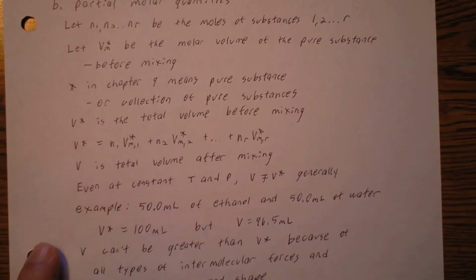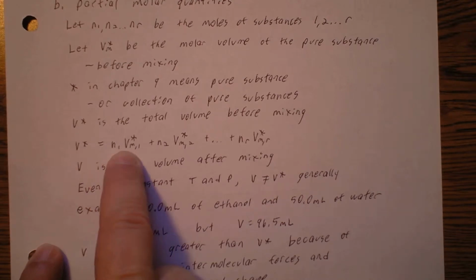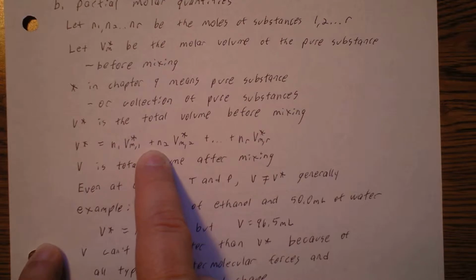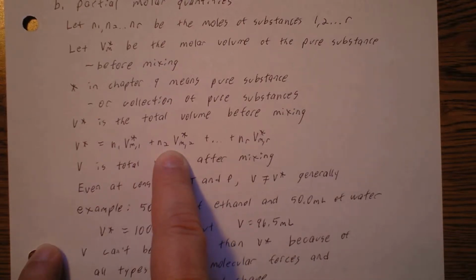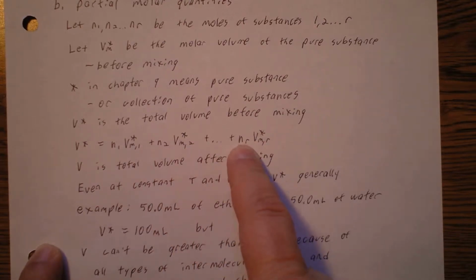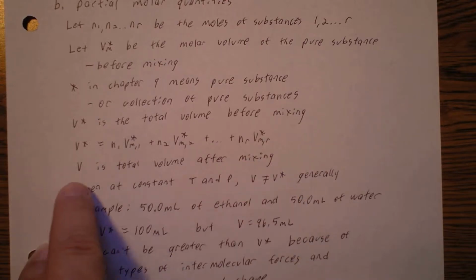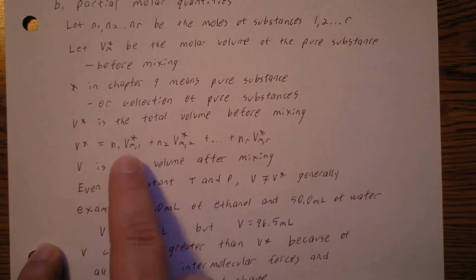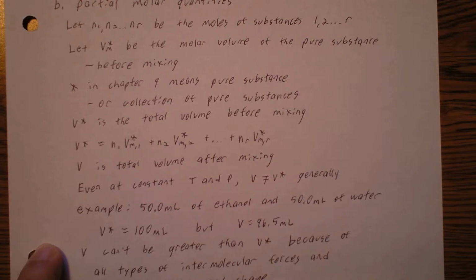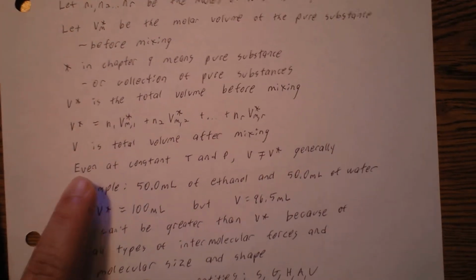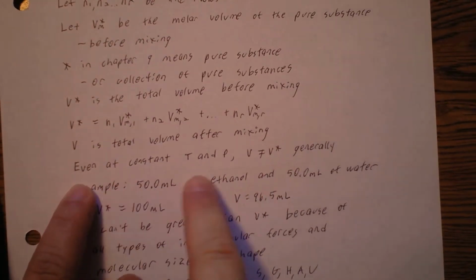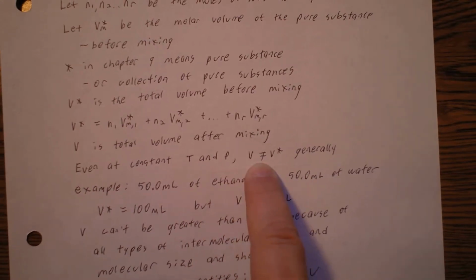So V star would be just the number of moles of substance 1 times the unmixed molar volume of substance 1, plus the number of moles of substance 2 times the unmixed molar volume of substance 2, etc., all the way to the number of moles of substance R times the unmixed molar volume of substance R. Then we're just going to use plain V to be the total volume of the solution after mixing all the different materials. So even at constant temperature and pressure, the volume is not necessarily equal to the